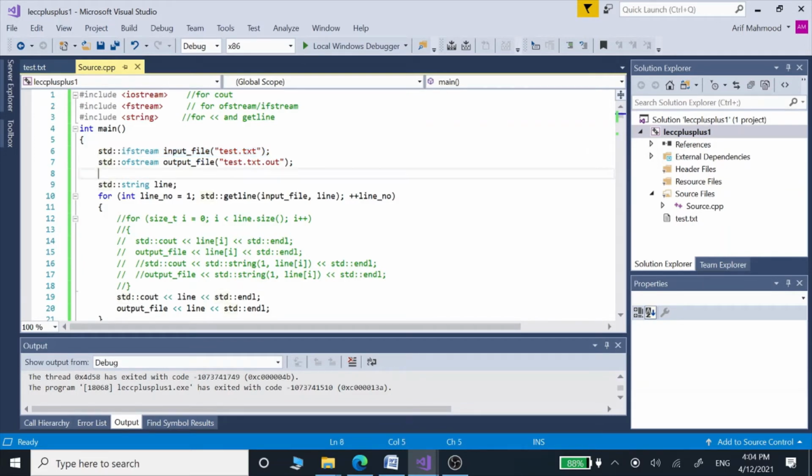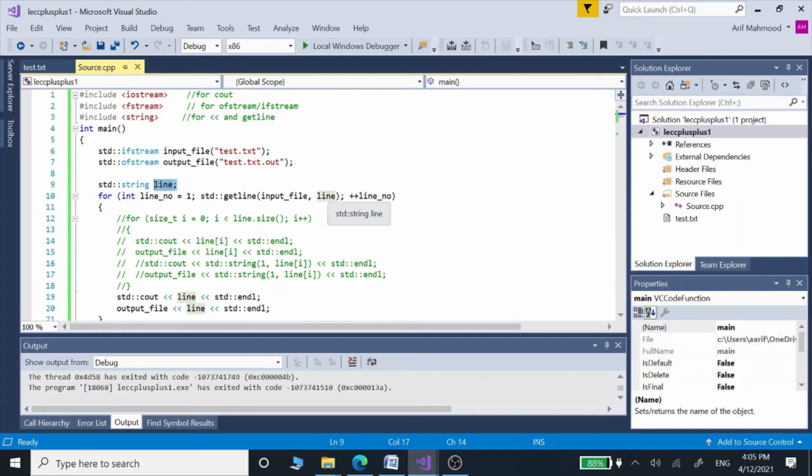On this line we have given the name of our output file, and we are going to open it using ofstream. And on this line we have defined our line variable, which is of type string, and we are going to use it inside this function getline. We are going to read the lines of our input file one by one using this loop.